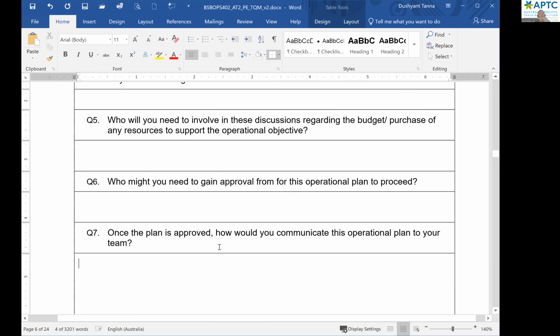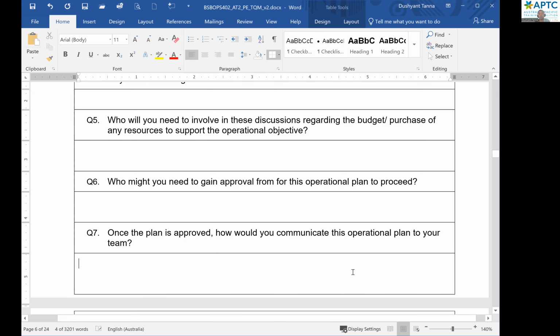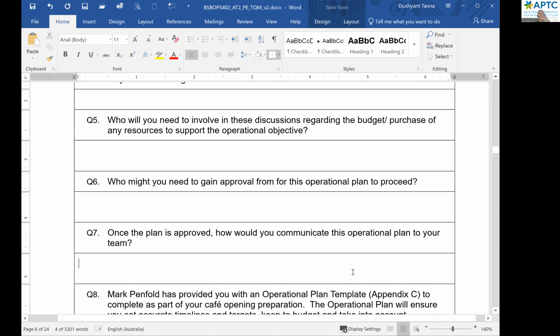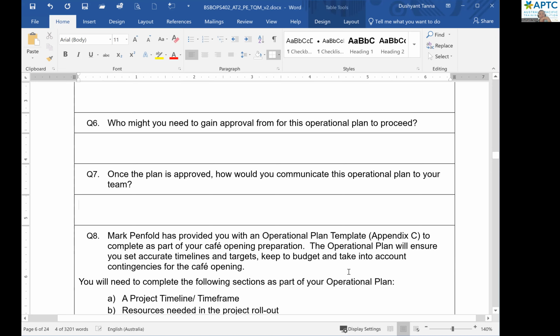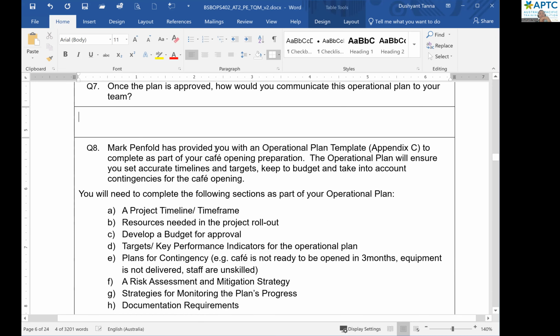Once the plan is approved, how would you communicate this plan to your team members? Would you call a one-off meeting, or will you email them, or would you print the operation plan and get everyone's signature? What will you do to get the approval for? Okay. Mark Penfold has provided you with the operation plan templates, Appendix C, to complete as a part of your